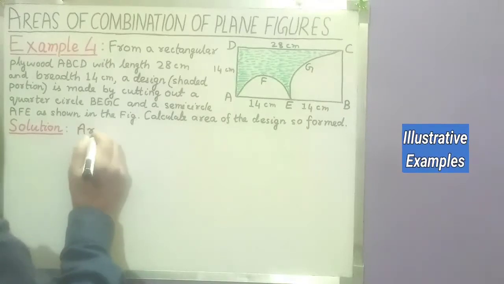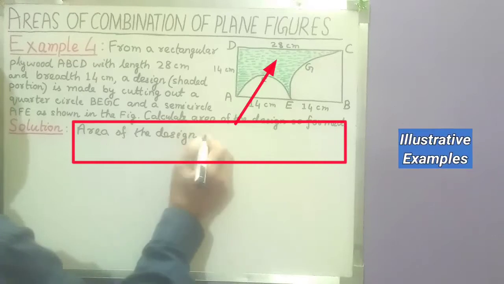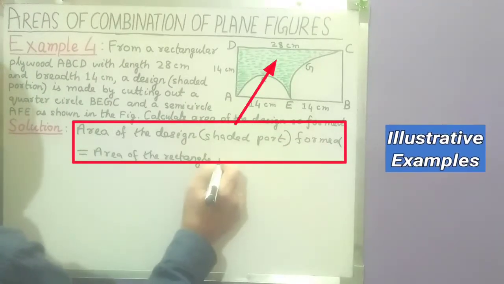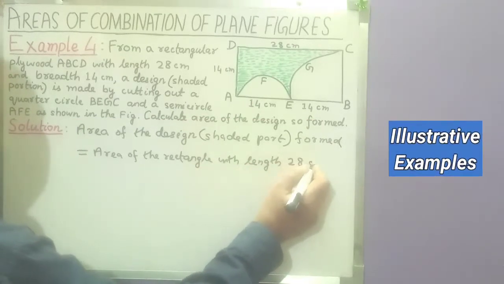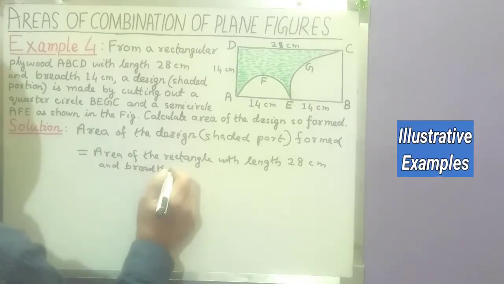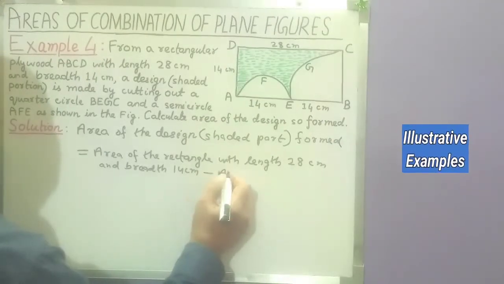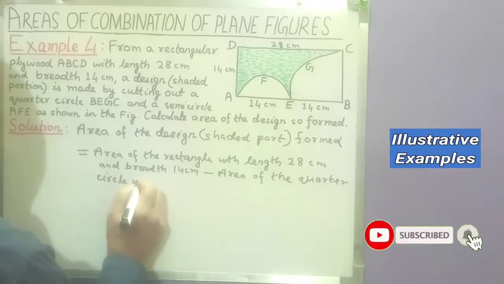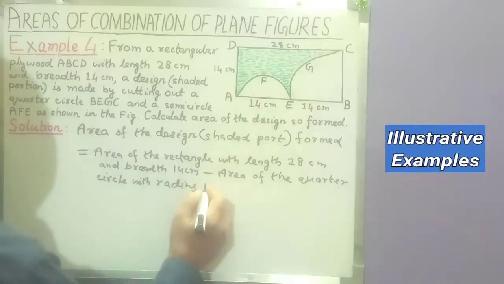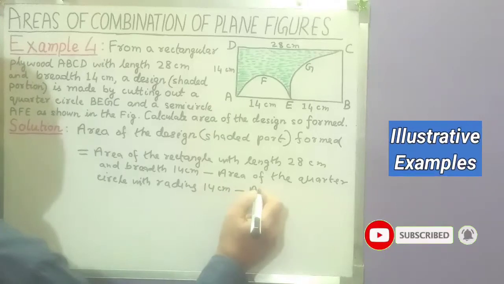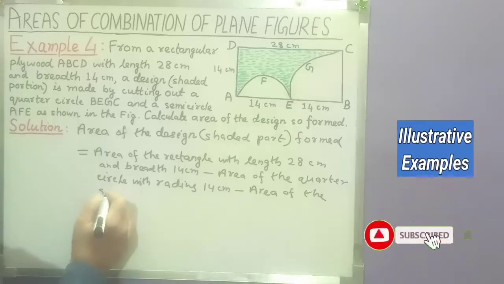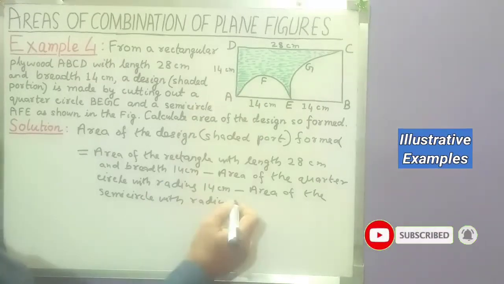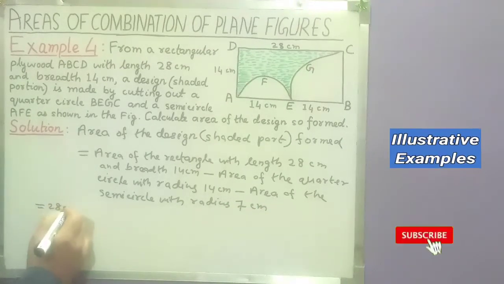Area of the design so formed is equal to area of the rectangle ABCD with length 28 centimeter and breadth 14 centimeter, minus area of the quarter circle of radius 14 centimeter, minus area of the semicircle of radius 7 centimeter, that equal to